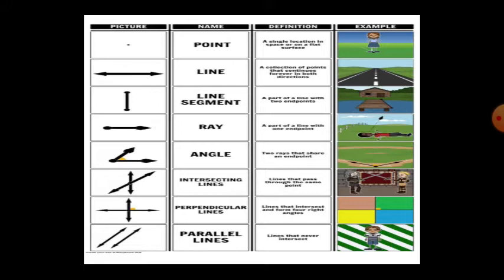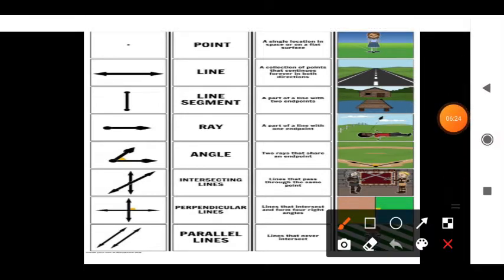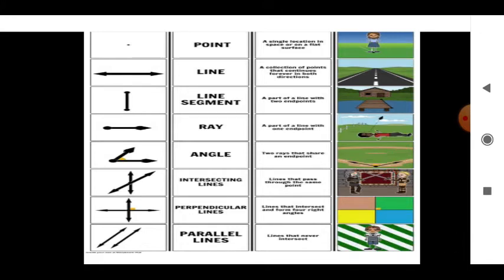Ray. See, you can see the ray. Sun rays fall on that man. So that is a ray. Angle. The clock is also the best example for an angle. Or here, two arrow marks are marked. See, you can see that the two arrow marks touch each other at one point. Their angle will form.